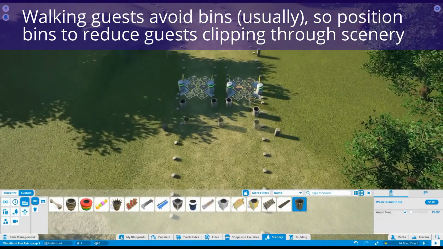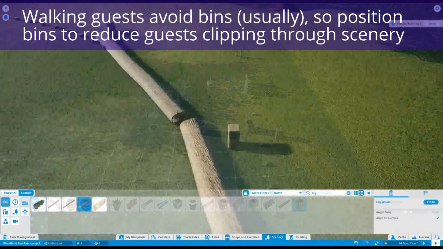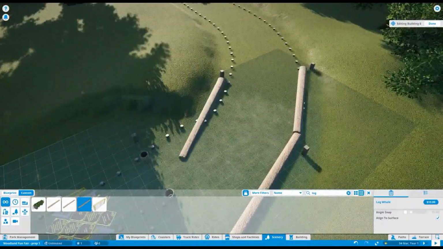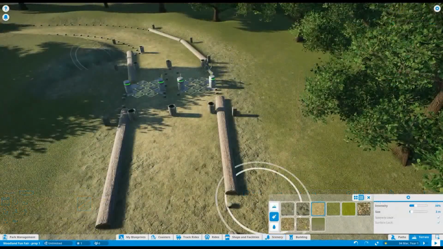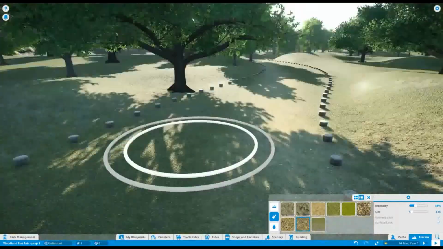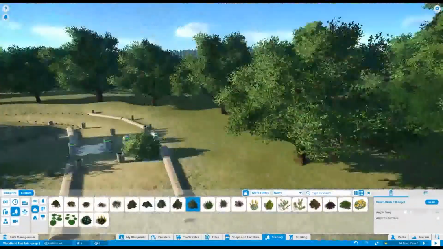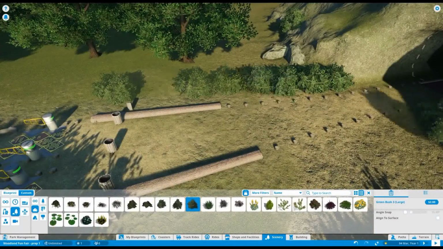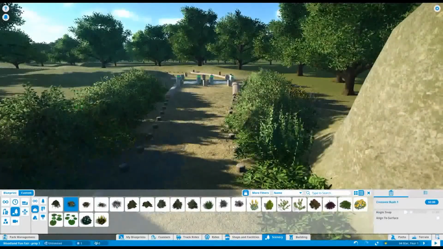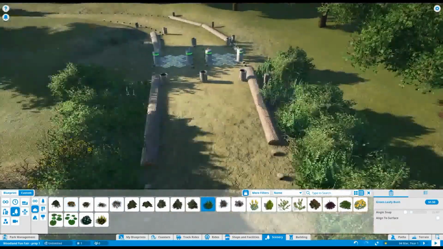And I like to use the bins to get the guests to avoid clipping through objects on the side of the pathway, including the gates themselves. So placing bins strategically like that, and also placing bins on the inside corner of a curve also stops them from clipping through the scenery that I'm putting on either side of the path. Then it was manually filling up this area right at the very entrance to the park